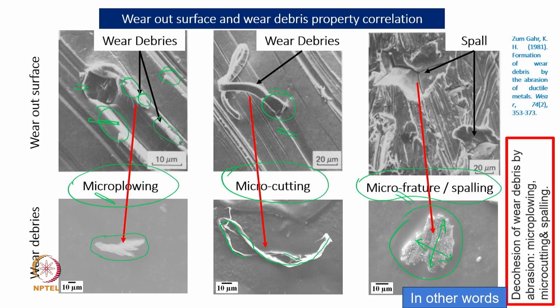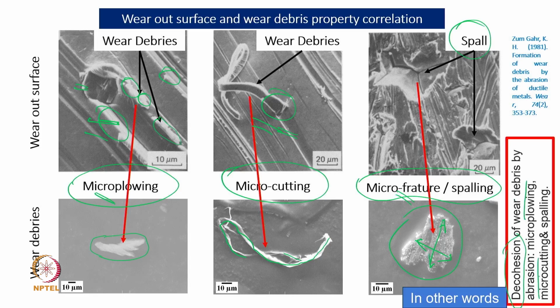So, in this case there is more plastic deformation, in this case a lesser plastic deformation, micro cutting is happening, while in this case a complete fracture is happening from a surface. So, naturally the spall is more alarming compared to the cutting or maybe the micro plowing in this case. So, what we say is that decohesion is the removal from a surface of a wear debris,